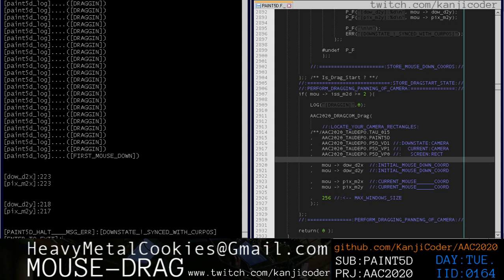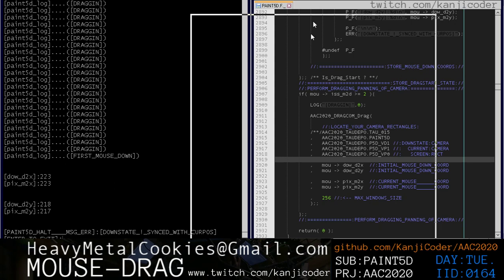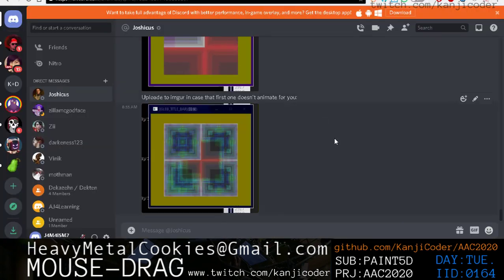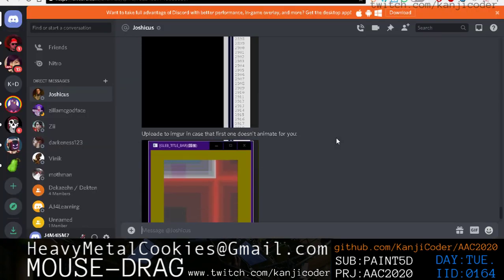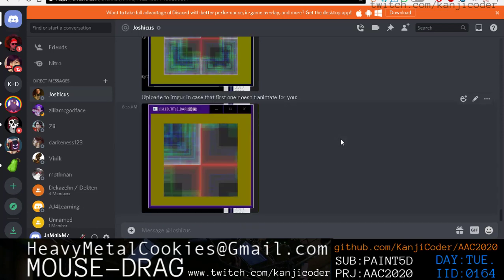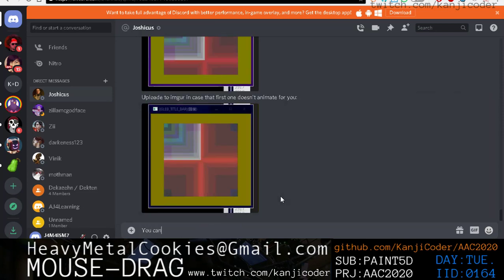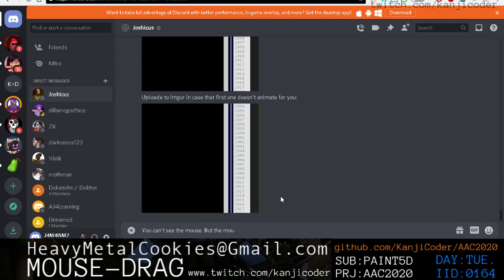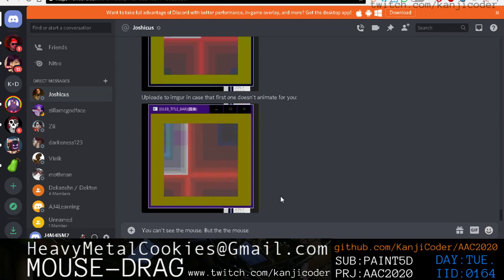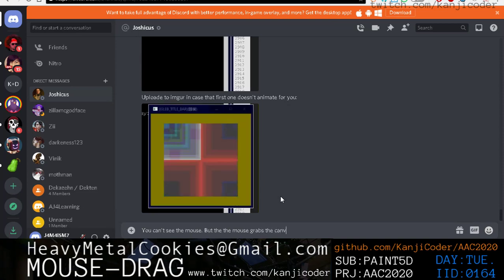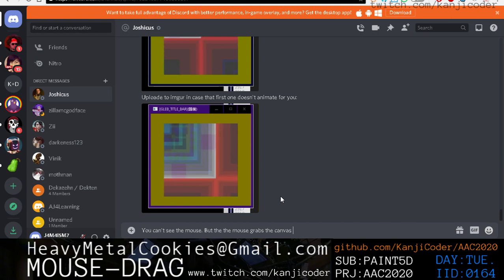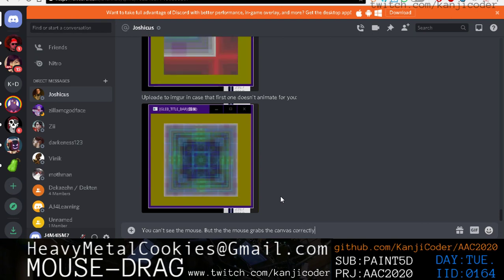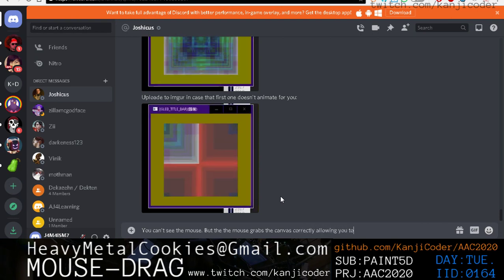Yeah, so I don't know how this is supposed to work. Okay, there, yeah, so cool. So we've put this up on both of them are animating, so that's cool. But right, we can't see the mouse. You can't see the mouse, but the mouse grabs the canvas correctly,